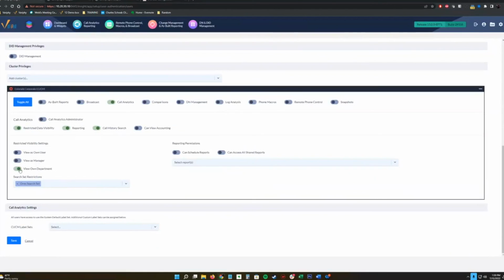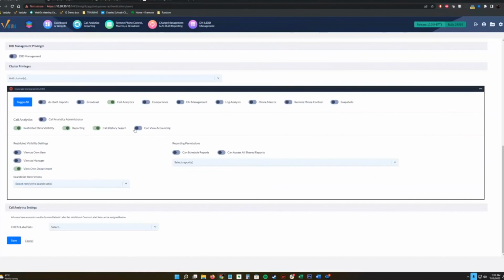Correct, 100% right. So if they wanted to view it as their own department, all you do is toggle this on and we can get rid of that search set too. And make sure that they have reporting and call history search turned on, so they can actually view those things.